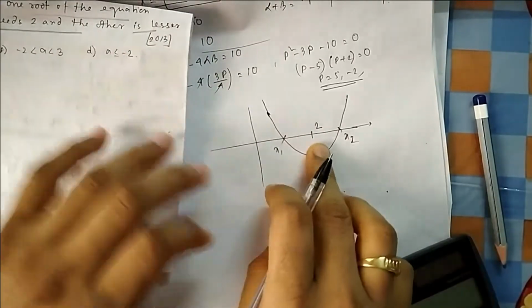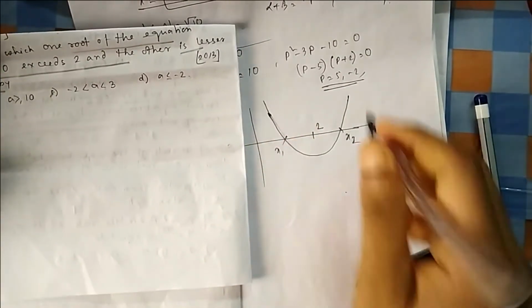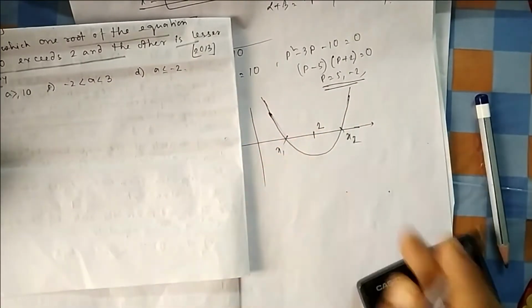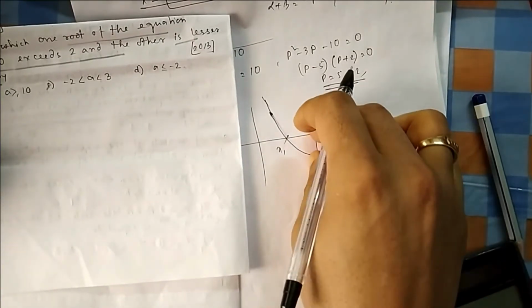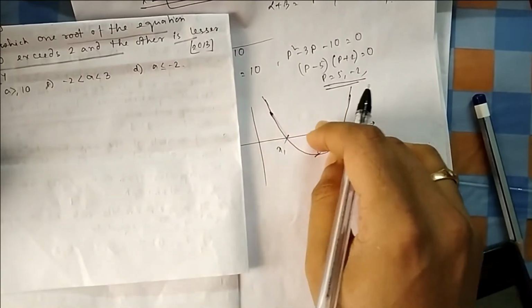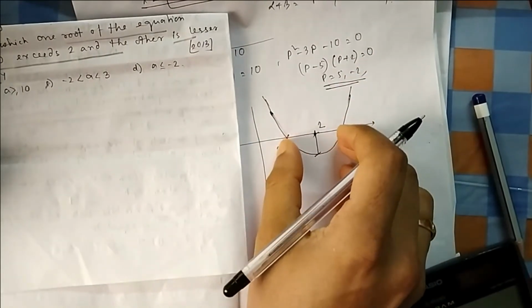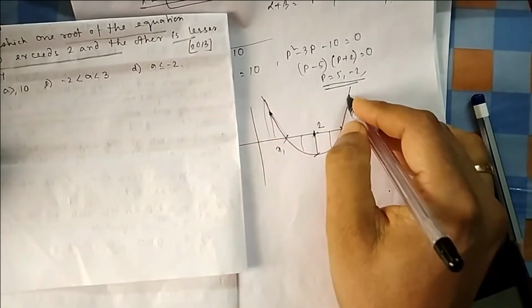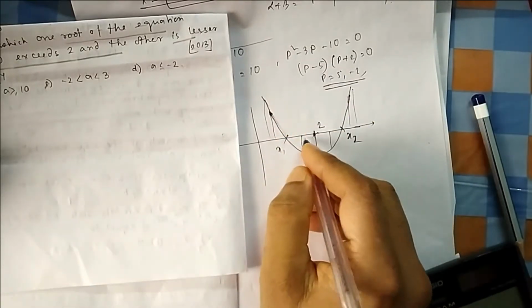So this is the drawing they asked us. They wanted some type of smiling parabola which should look like this, with 2 in between. And if it is a smiling parabola, there are 2 roots. So if 2 should be inside, one thing you can do is see that the value of the function at 2 should be negative here. Because you want it to cut before 2 and leave after 2. That means in between x1 and x2, the output of the function will be negative, and in all other positions the value of the function is positive.